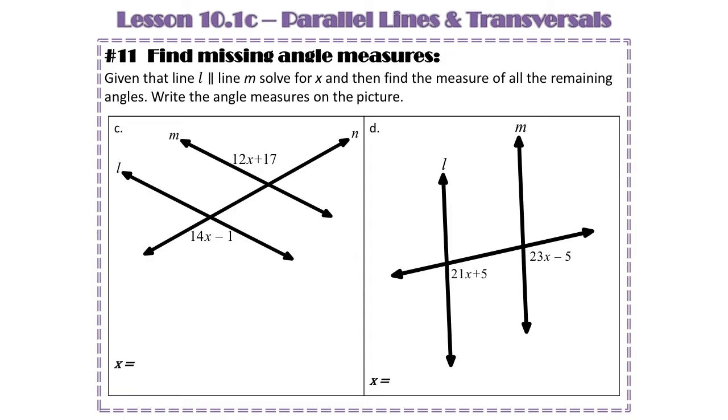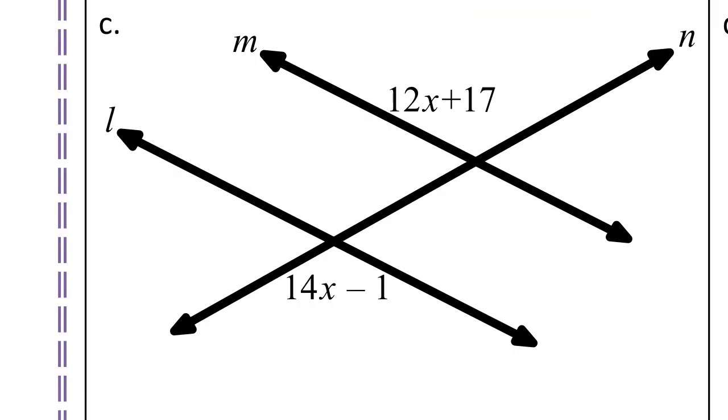So we have seen these types with the triangles, right? They gave us some kind of angles, and we had to solve for a missing angle or some kind of exterior angle from those triangles as well. So we're going to do the same thing on these ones. We need to find the angle measure and then solve for x. And again, lines L and M are parallel. That's very convenient. Now these ones did not give us the angle measure, which means that we have to solve